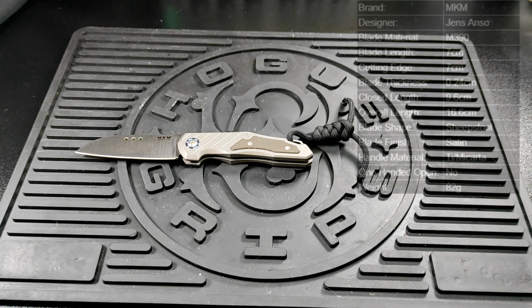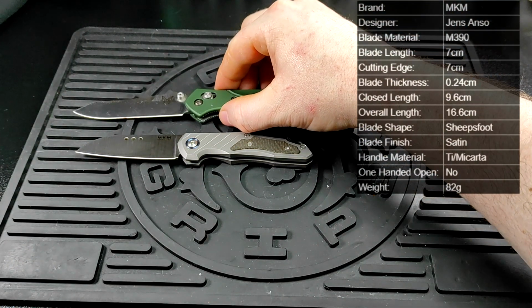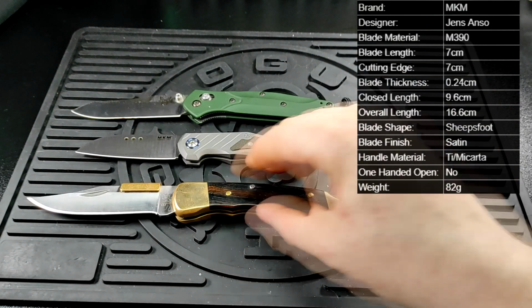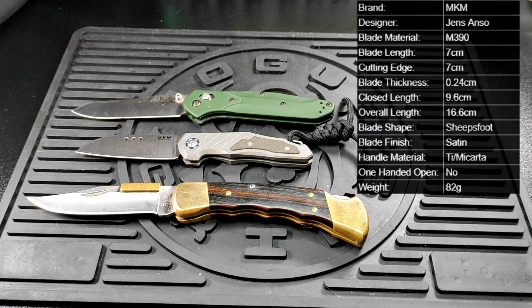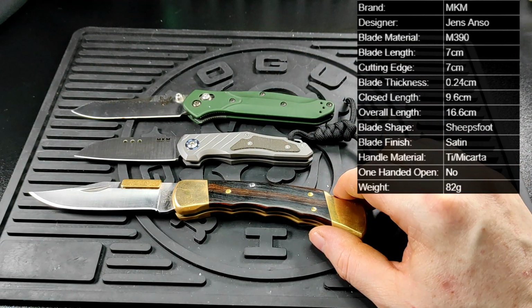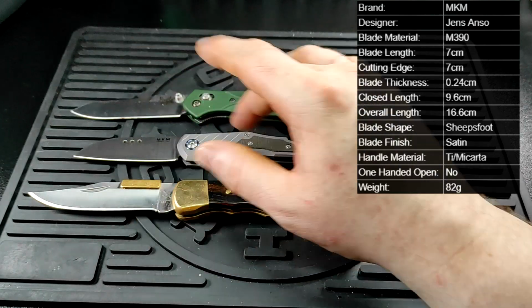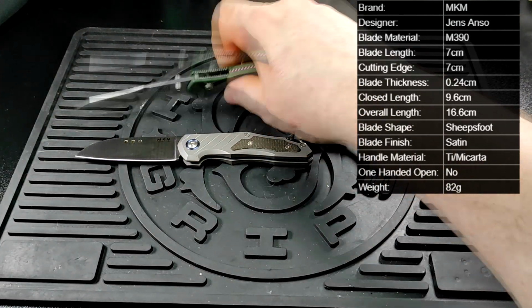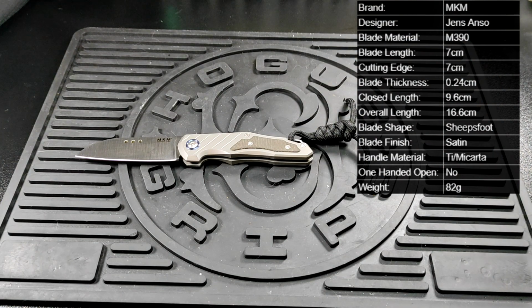Let's go with, there is a 940, and you can see it's a little bit longer, which, again, it's always going to be longer than mine because that's all you can carry in the UK. And there's your Buck 110, which is also a lot longer, since again, that's basically near the limit. And as for knives that we can carry in the UK,